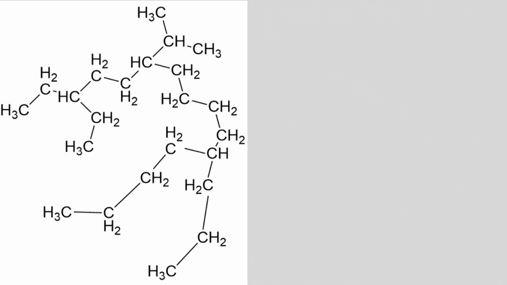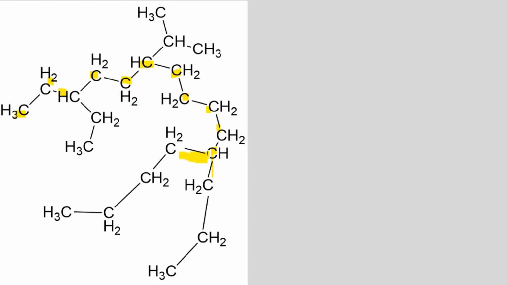So let's solve it. The first step is basically to select the longest continuous chain. I can count it from here. How can I start numbering it from here, right? Or from here, or from here, but I have to select the longest continuous chain, so I will start numbering from here. So let's count it. You can see here this is 1, 2, 3, 4, 5, 6, 7, 8, 9, 10, 11, right? So after 11 I have two paths, right? This one and this one, but I will go towards this one.